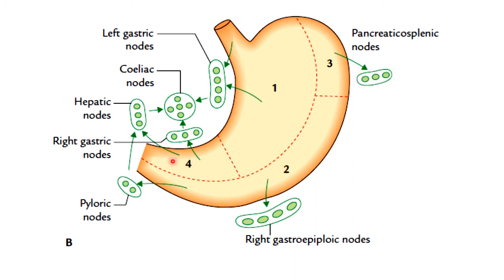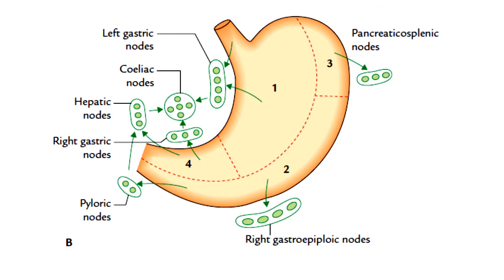Now the lymphatic drainage of area 4. Area 4 includes the pyloric antrum and the pyloric canal along the lesser curvature of the stomach. The lymph from this area drains into the right gastric nodes along the right gastric artery and into the hepatic nodes along the hepatic artery, and the efferents from all these nodes drain into the celiac nodes, and the efferents from the celiac nodes drain into the cisterna chyli through the intestinal lymph trunk.